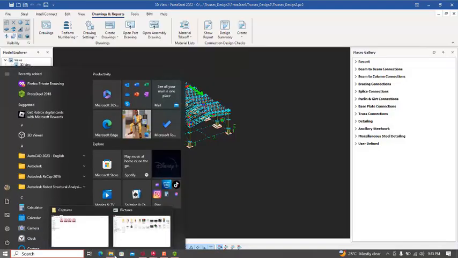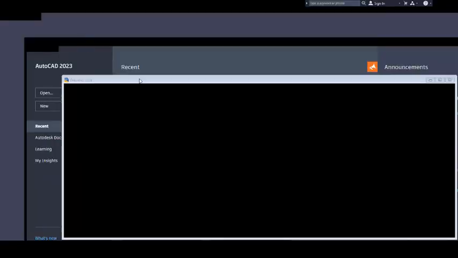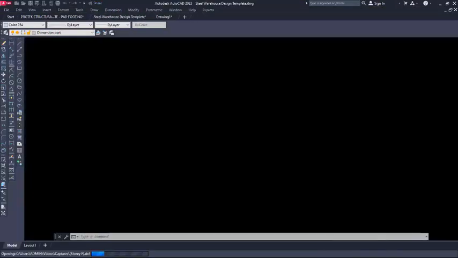Okay, so we click right there, come over to this place. So these are all the drawings that are being exported from Protek Steel to AutoCAD. If you don't click on this now, it's going to open it in AutoCAD. So once it is open in AutoCAD, just like this,